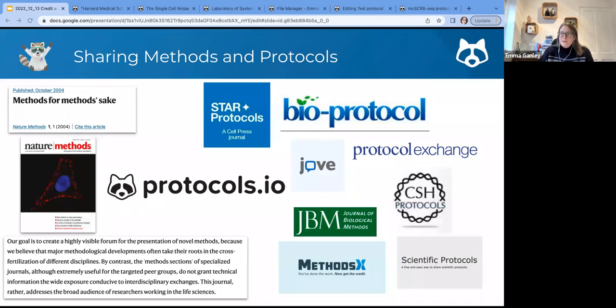And we moved in the last 20 years, I would say, towards requiring or expecting data and code to be available in repositories like GitHub, Dryad, and Figshare. There's a whole host of different data-specific repositories out there. And so methods have been playing catch up, but sharing the methods independently is definitely starting to be more the norm. So you've got more choices on how to share and communicate those methods.